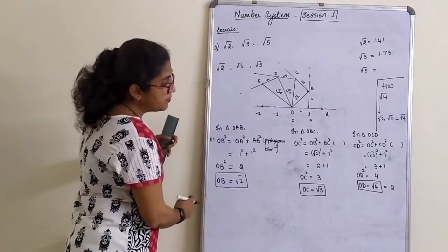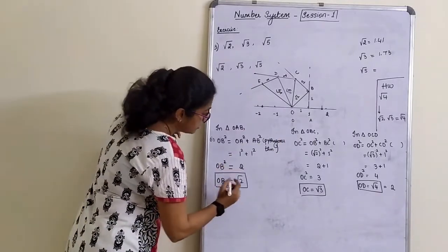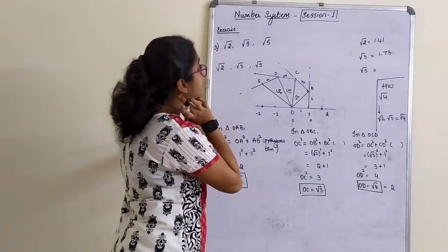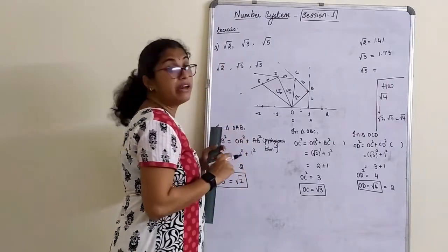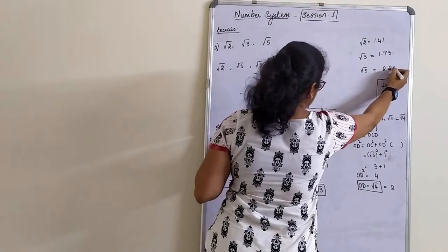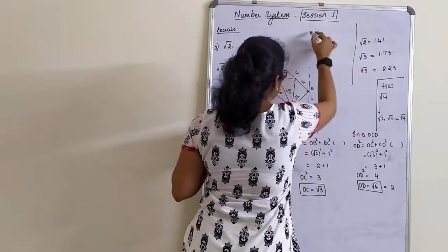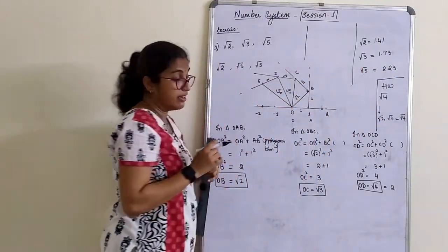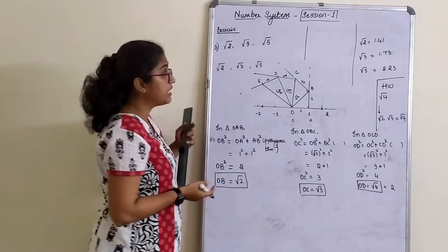I'll do it here since I do not have a space. So, okay, we'll do it somewhere on the top. So root 5 value, I'll give it off. Root 5 value is 2.23. Okay, I'll just do it in this part because if I go down it might not be very visible.